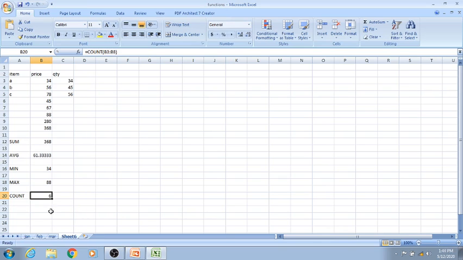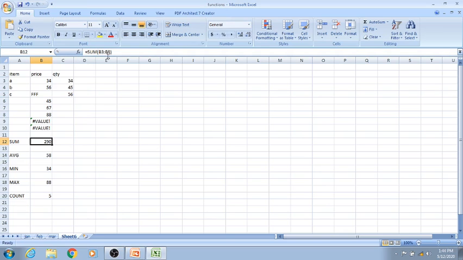But one more thing I would like to tell you, children. Suppose I enter some alphabet over here, just see, because I have entered an alphabet, what happens? Here I have not used the SUM function. I have written B3, B4, B5, B6, B7. Now B5 contains a character, so it will not add, so it is showing an error over here. Same here. And in the SUM function, what is it doing?